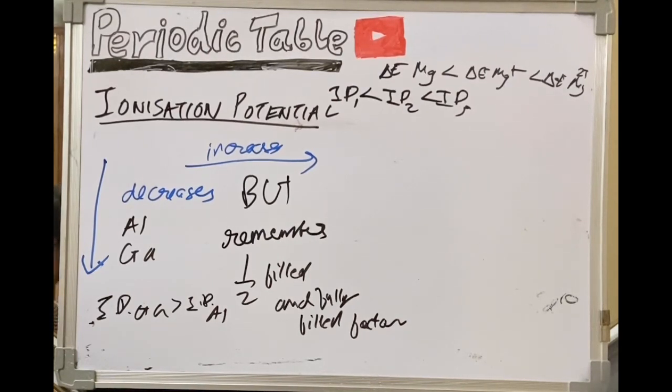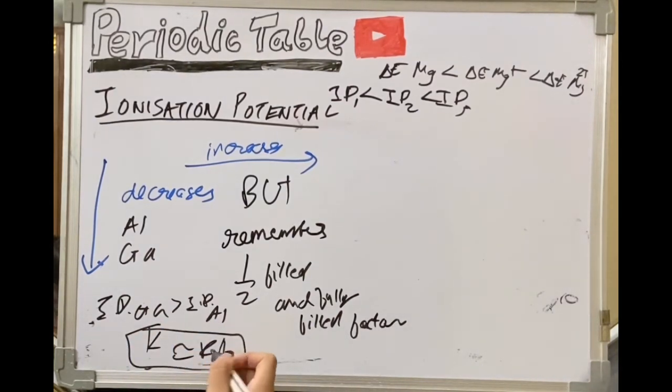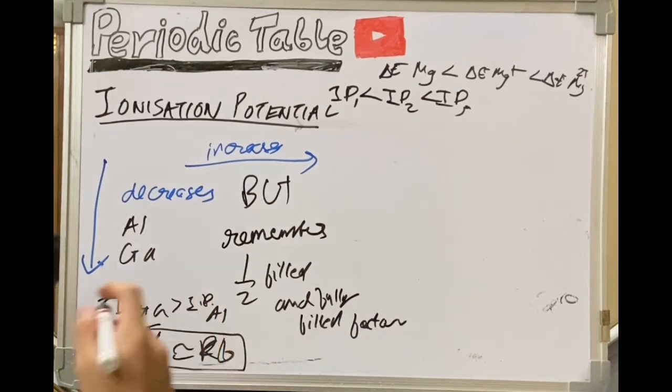Now one more thing is that the reducing character, the metallic property, is inversely proportional to the ionization potential. So the metals have less IP. That's understood over here because it's increasing to the right where the non-metals come into play. And the reducing character of K is almost equal to Rb. Just remember this exception as well. Rb is rubidium and K is potassium. Okay.